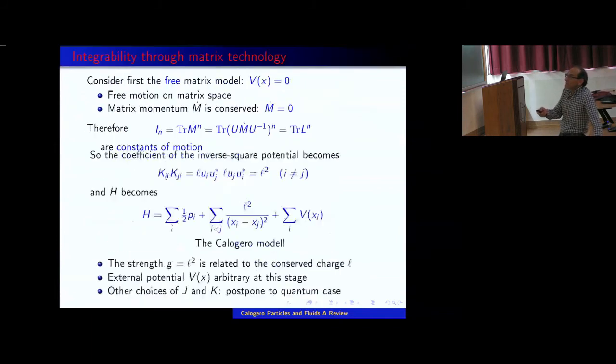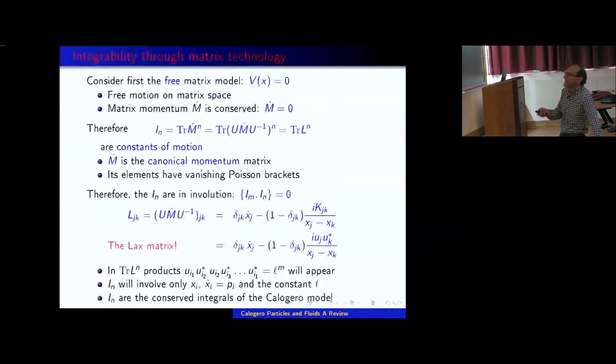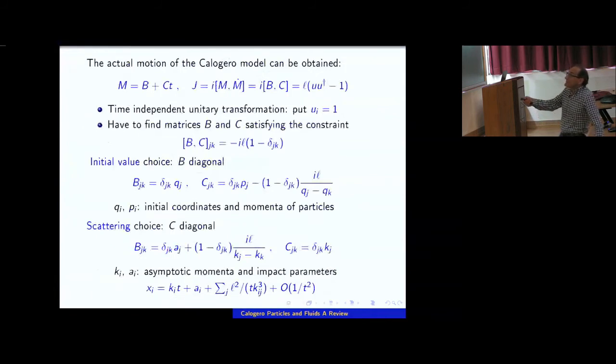If you have the initial values q and p, you form these matrices, you write that time-dependent matrix, you diagonalize it. It's hard, but it's a completely algebraic task. There is your motion. And this also shows that these asymptotic momenta and what I call impact parameters will be constant, because when time goes to infinity, all the off-diagonal terms will drop.